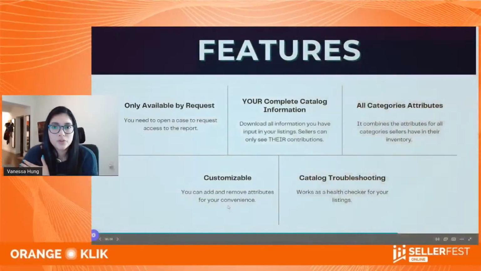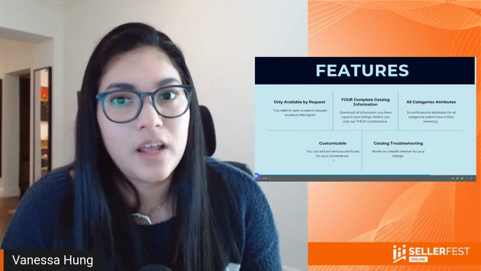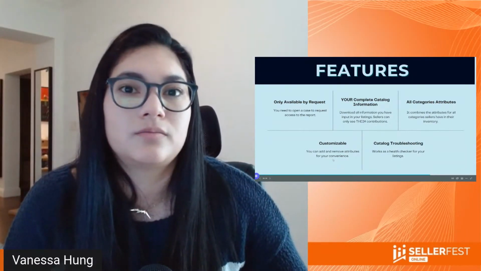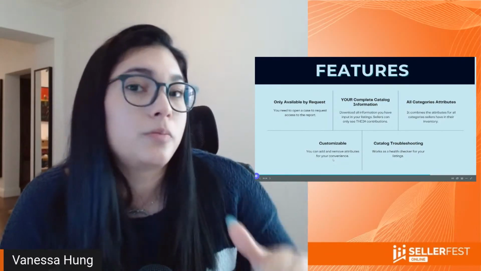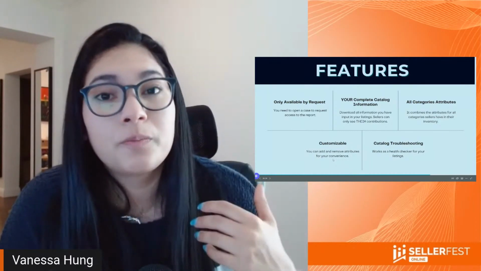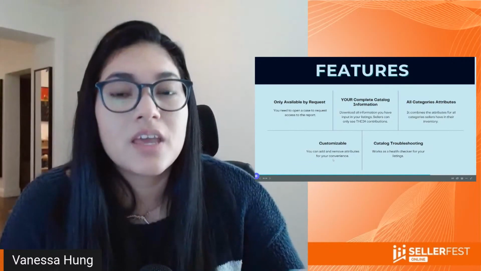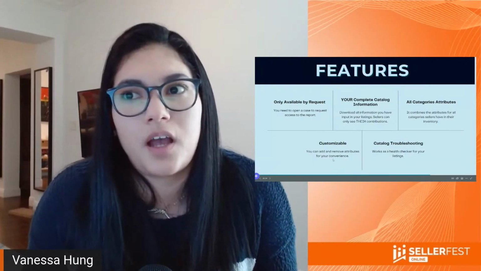And then catalog troubleshooting, it's the last feature. That's basically what I was talking about in the processing report. This will help you to troubleshoot. This will tell you what are the things that are happening in the back end of your listing and what you have wrong. So if you get something out of this video or this talk, it is that you will go there, download your category listing report, and you can upload it just like it is right now, and it will probably come back with errors, and that will tell you if you have any discrepancies in the back end of your catalog, so you can solve it proactively.